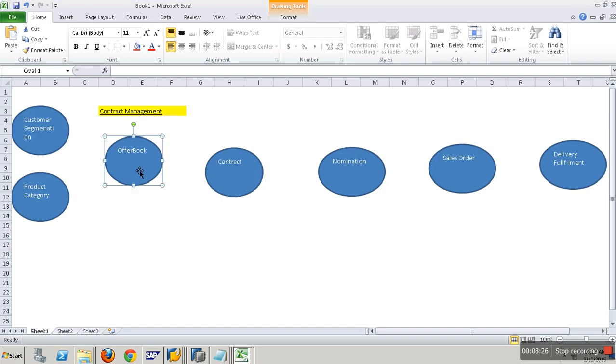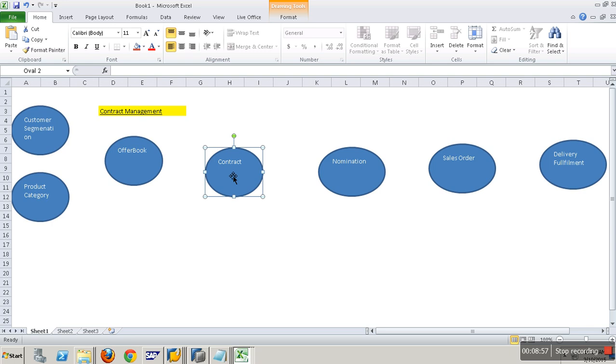Okay. Now next, the contracts. Now the transaction starts. A customer comes in and wants to place an order with me and enter an agreement with me for 1 year of product supply. That's a contract. So what the sales executive should do is identify what type of customer it is, whether he is an exceptional customer or essential customer, and what product he is ordering. Then based on that I can get to know the product category. Then he should look at the offer book and see, for this customer and this product group, what all offers I am accepting.